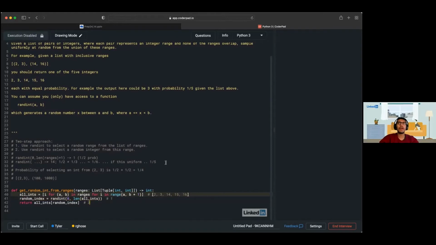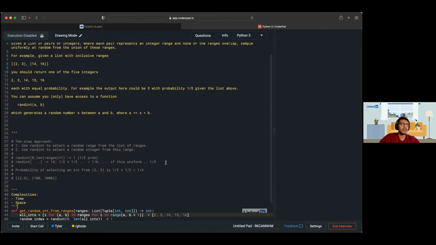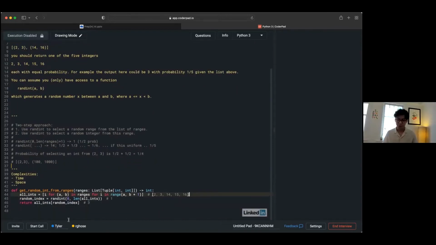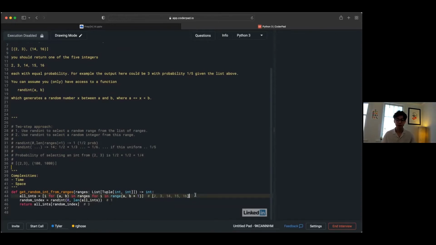Sounds good to me. Just so I understand further, could we discuss what the complexities would look like for the different parts of the algorithm? Okay, sure. All of the work is being done on line 44, where I'm generating the list of all the integers.